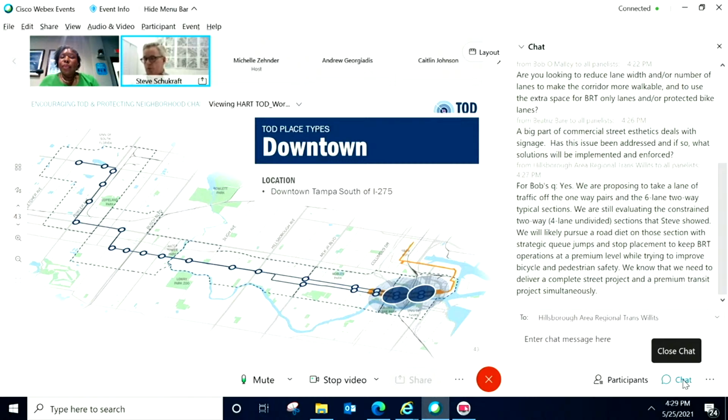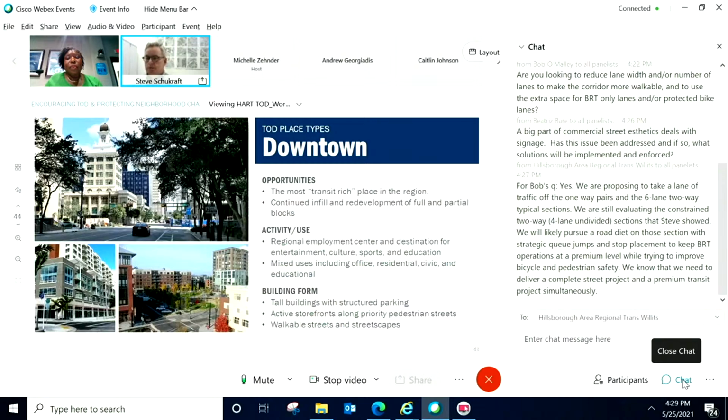So downtown is pretty straightforward, and a lot of the planning tools exist to guide development downtown. So this is all what occurs in downtown Tampa, south of I-275. And as you know, this is a very transit-rich environment now, with streetcar, with BRT, access to Marion Transit Center, and existing walkability, bikeability, micromobility options.